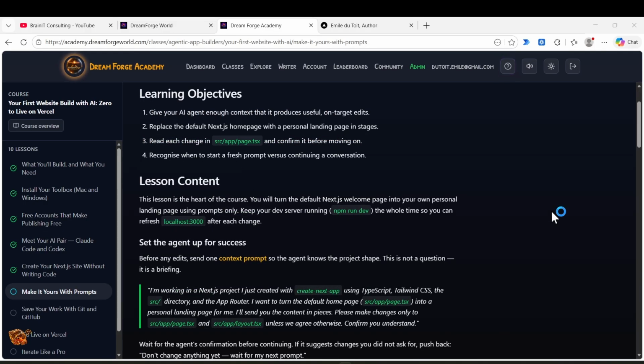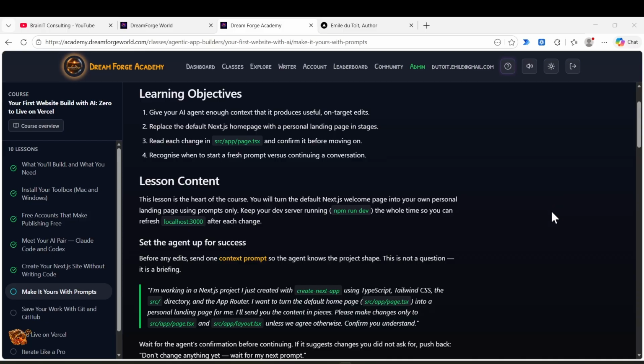So here's an example that you can use to get going with the agent. You could tell it, I'm working in a Next.js project that I just created with Create Next App, as we've seen, using TypeScript, Tailwind CSS, the source directory, and the app router. I want to turn the default homepage in this location into a personal landing page for me. I'll send you the content in pieces.